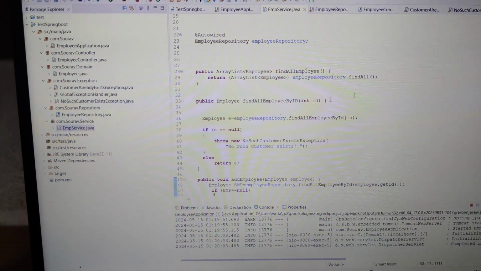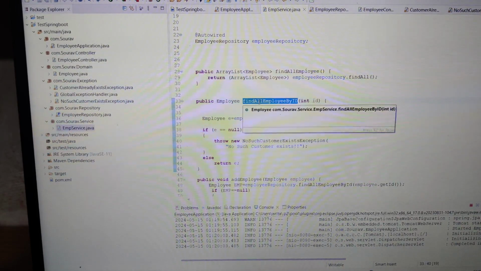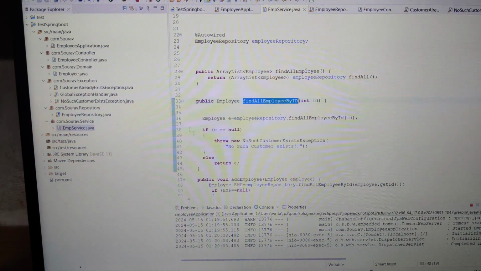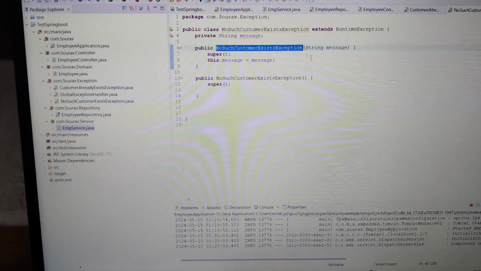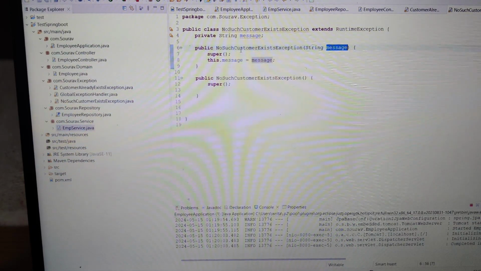So that's why, if you check here, find all employee by ID, that means whenever we are trying to fetch the employee by ID, here we are just doing a slight modification. What we have done here, you can see. First we just need to store the employee details over here. If the employee is not found, then we are throwing the new exception, NoSuchCustomerExistException, and if you hover over this implementation, then it will come over here and take this one,